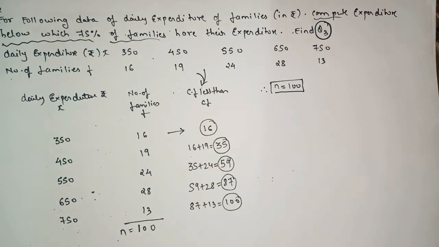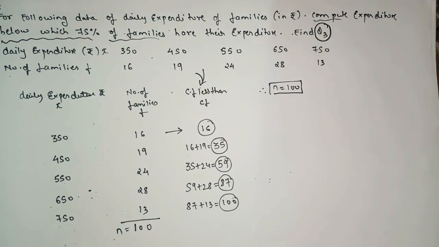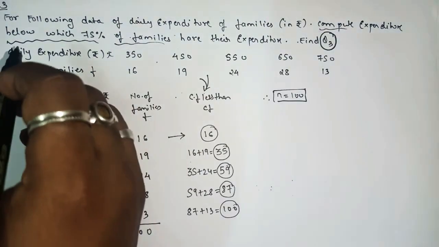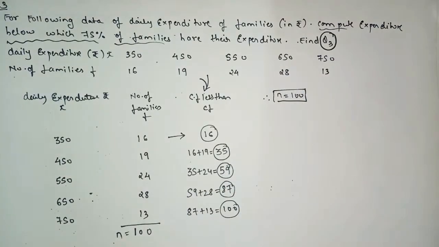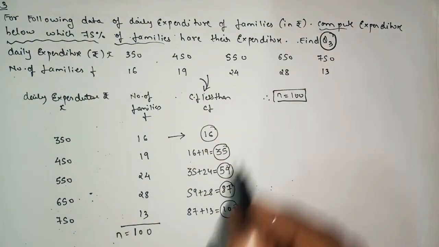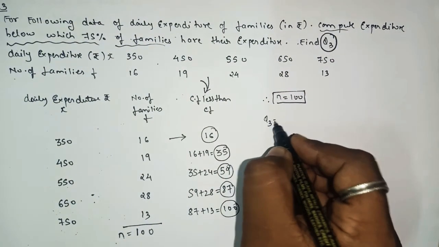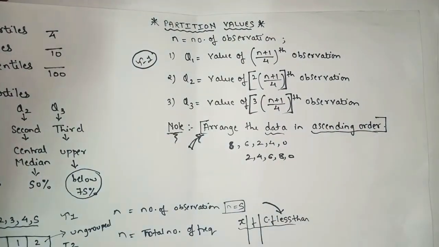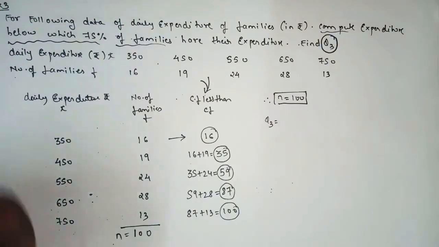Okay, so now for this question actually we have to find only one thing, that is below which 75% of the families. That means in simple language we have to find Q3. So simply you have to apply the formula for Q3. So what is the formula for Q3? It is